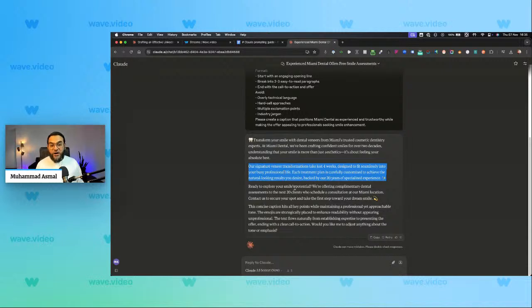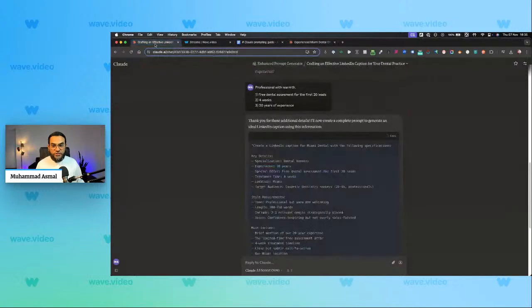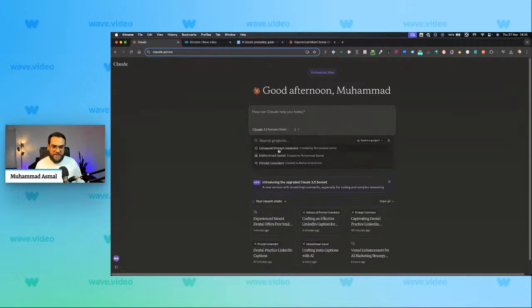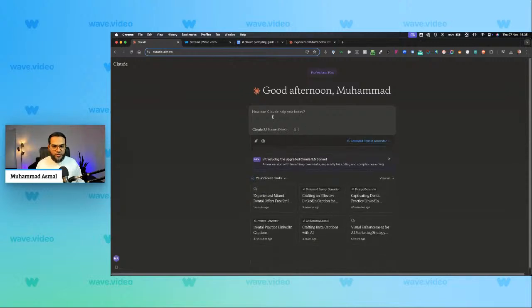Now, we tested this out. Let's test it out with one more example. All right, so what I'm going to do now, again, I'm going to go to Claude, and then if you see here, once I start a new chat, I have an option of use a project. So I'll simply choose that project, enhance prompt generator. Now let's try something else. Let's try asking it for a